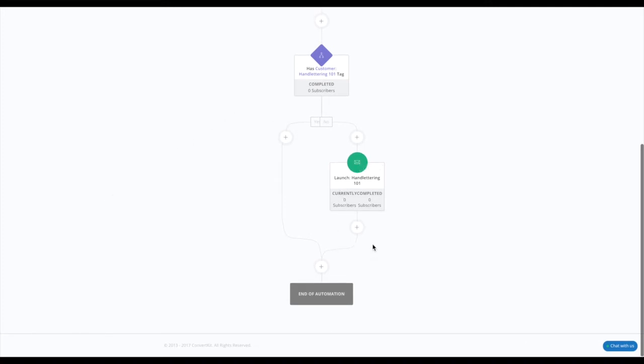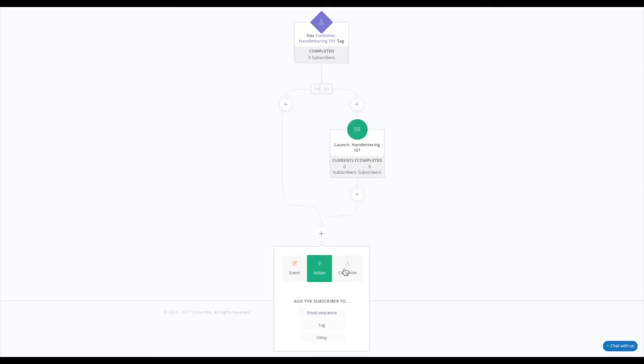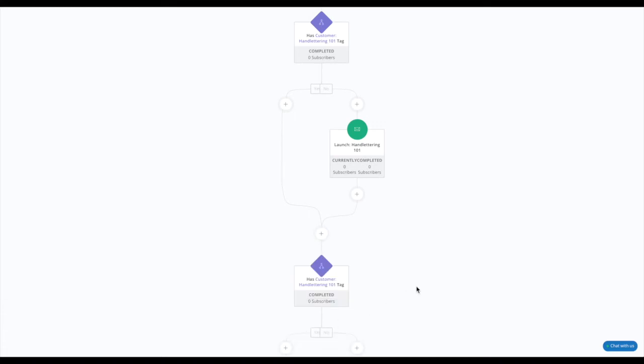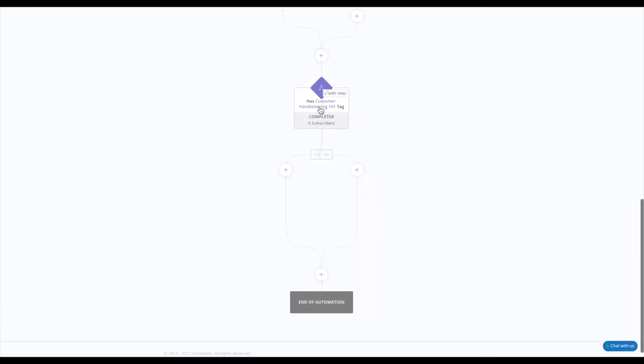So what happens next? So now the folks are going through the launch sequence and hopefully they're purchasing Mark's hand lettering course. And after they have gone through the launch, I want to tag those people who have not purchased. Okay? So what I'm going to do is I'm going to use the condition feature again and find out if they are customers. So basically what we're doing here is asking, do they have the customer tag by now? If yes, that's great, fantastic. But if